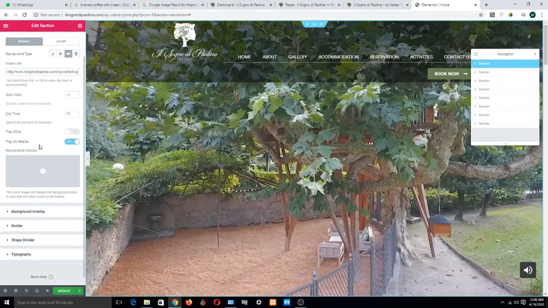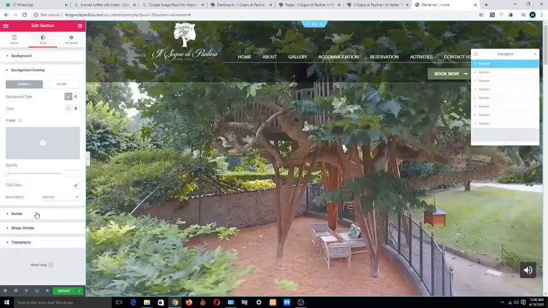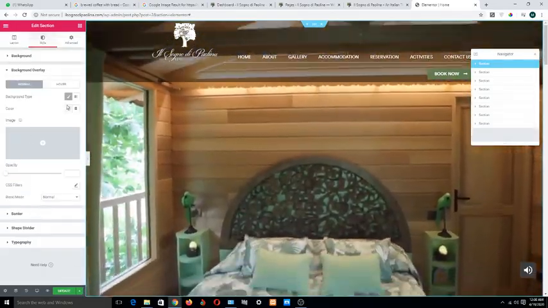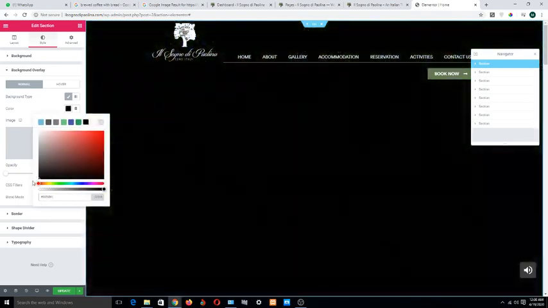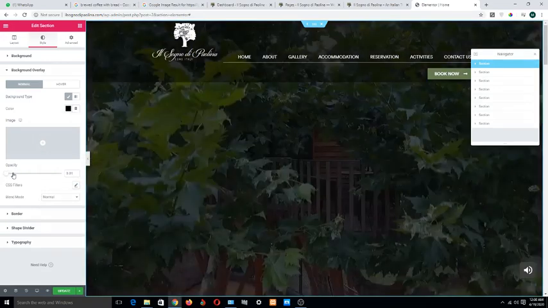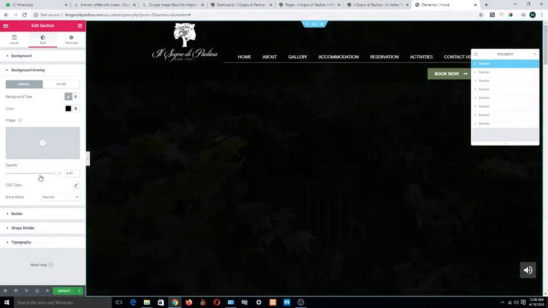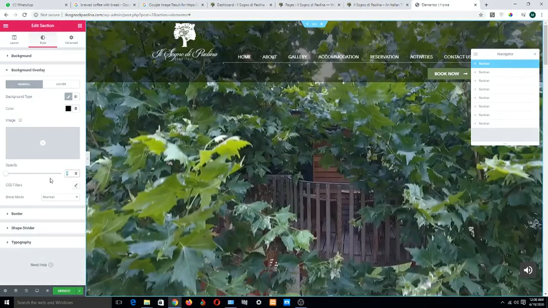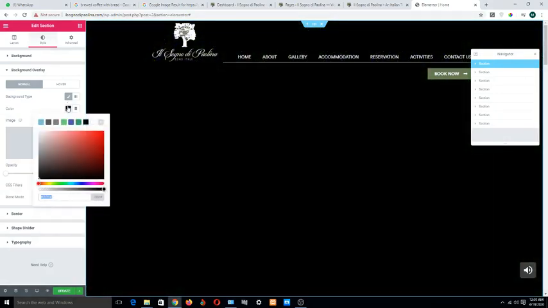If you want to give an overlay to your video, you can click on background overlay, and after that click on color, and from here you can change the opacity. If you want to remove the color, click on the color icon and click clear.